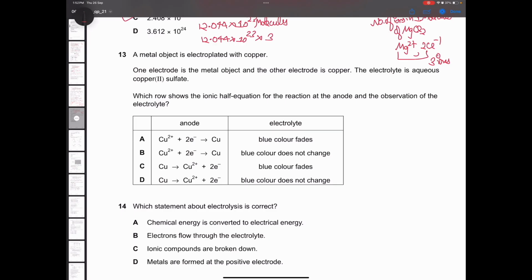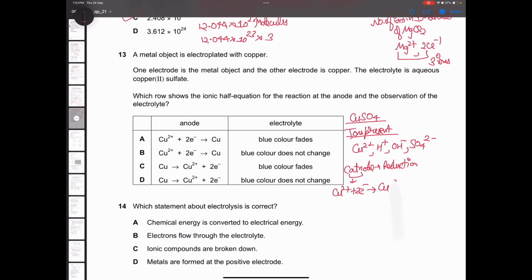Alright. We know that in electrolysis of copper sulfate, the ions present are copper 2 plus, H plus, OH minus, SO4 2 minus, right? And at cathode, reduction takes place in this type of question. So that is Cu2 plus 2 electrons gives copper solid. And at anode, the same copper gets oxidized. This is the equation. So our equation is very much clear that it should be out of option C and